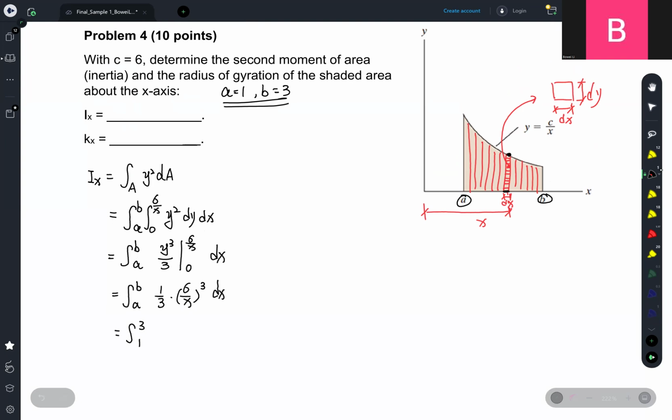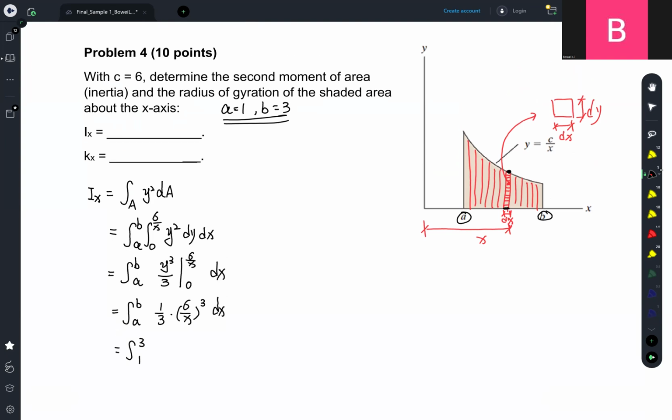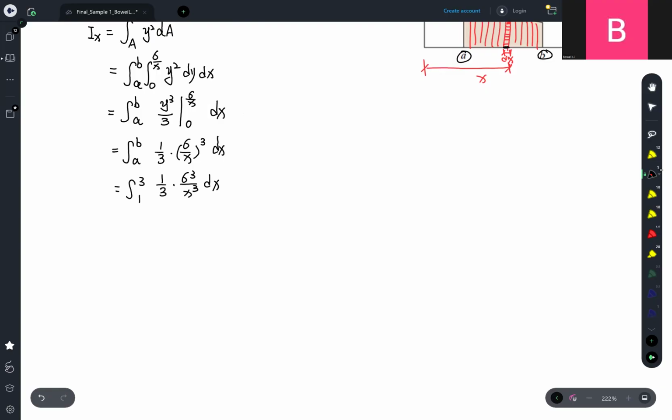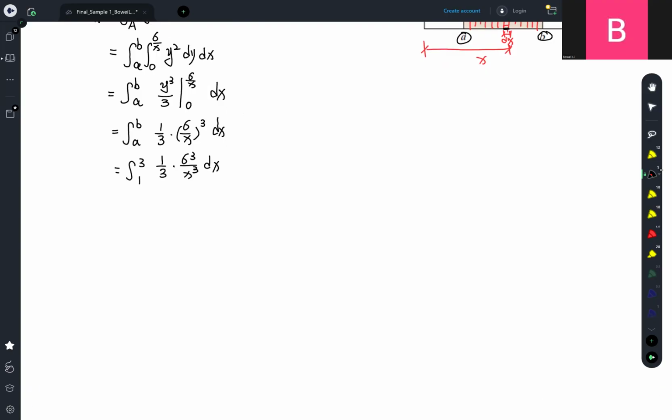And please note here, we were supposed to have the values of a and b here. It is actually a typo. Okay, and we're going to have it become 1 divided by 3 to the power of 3, and actually it is x to the power of -3 here, and the integration of x. Okay, so if you are integrating that,